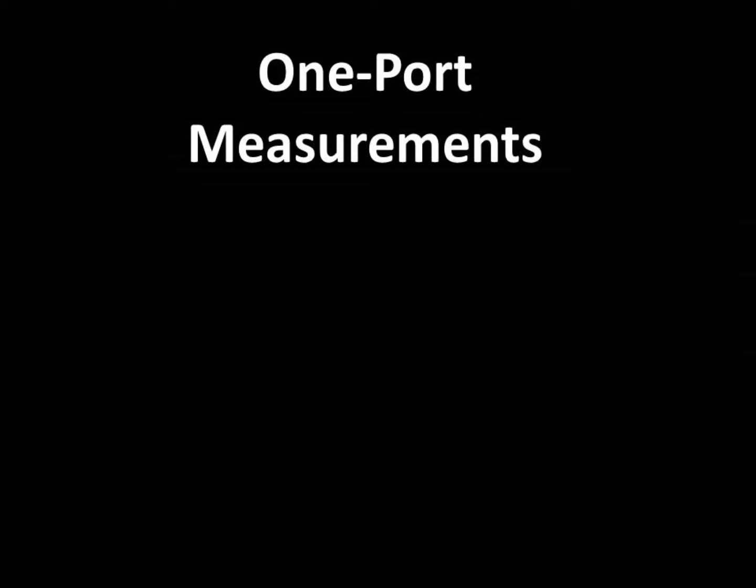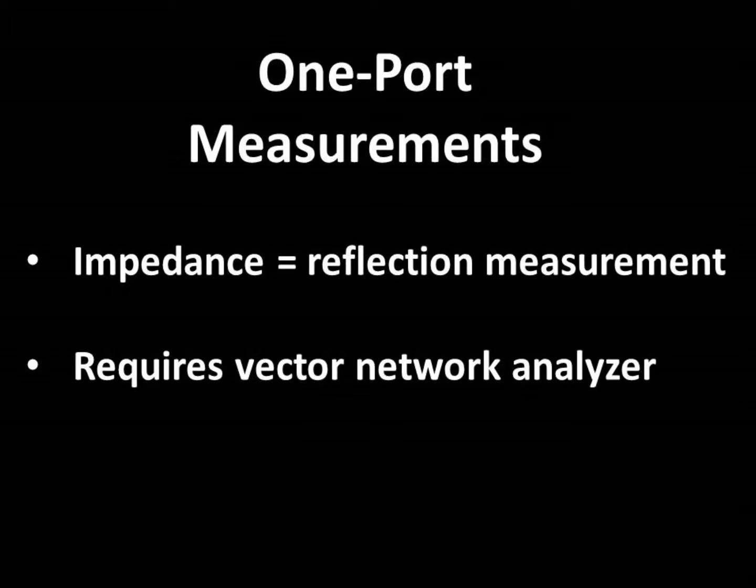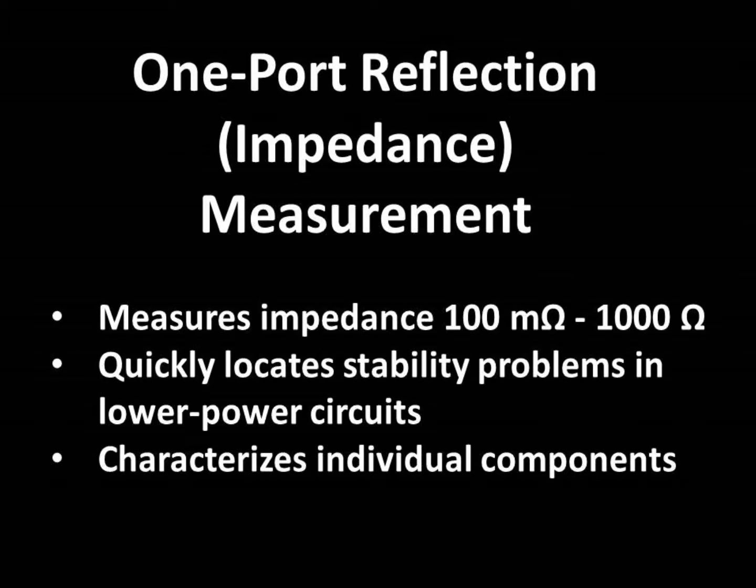The simplest of the VNA impedance measurements is the single-port reflection measurement. This measurement can only be made with a VNA and not an FRA. The single-port reflection measurement is capable of measuring impedance over a range of hundreds of milliohms to approximately 1,000 ohms. This measurement method is most useful for measuring the impedance of low-power circuits, such as low-power linear regulators, voltage references, and op amps. We also frequently use the single-port reflection measurement for measuring devices, such as semiconductor junctions, MOSFET gate resistance and capacitance,